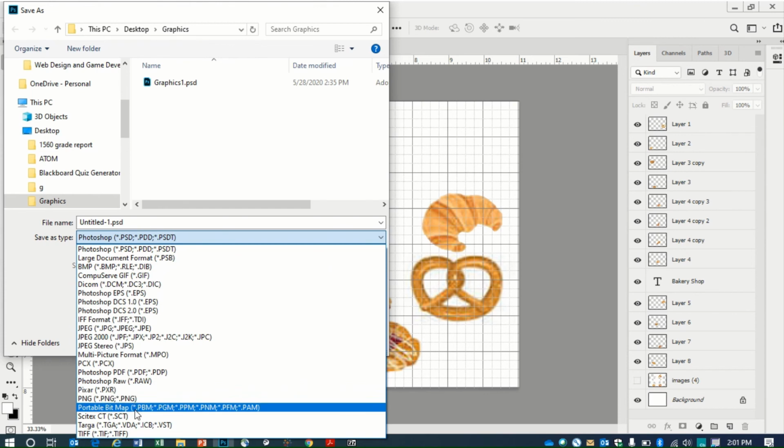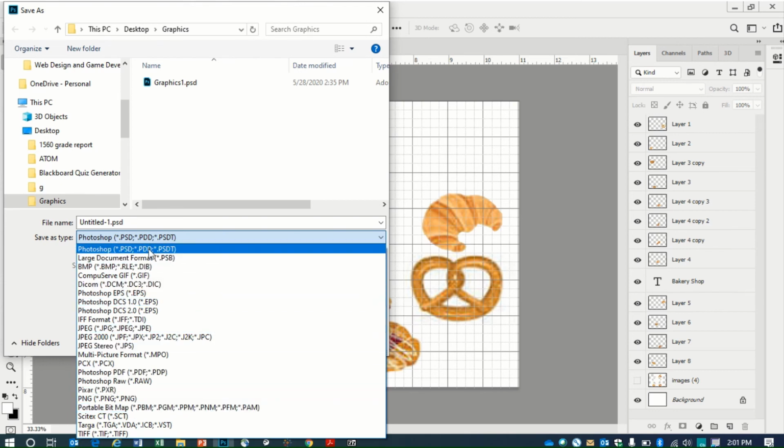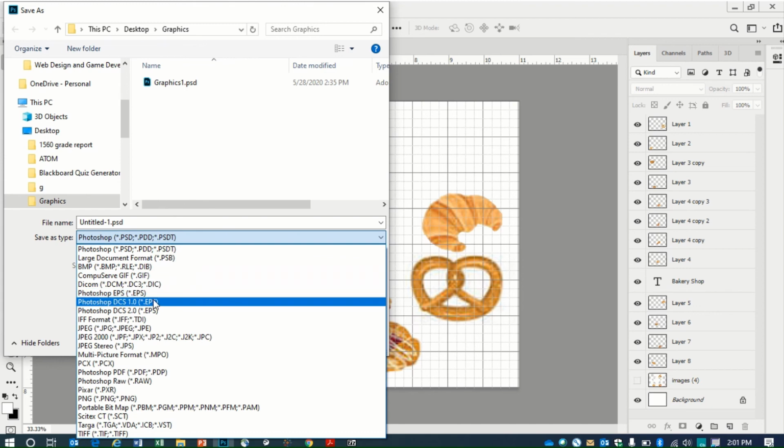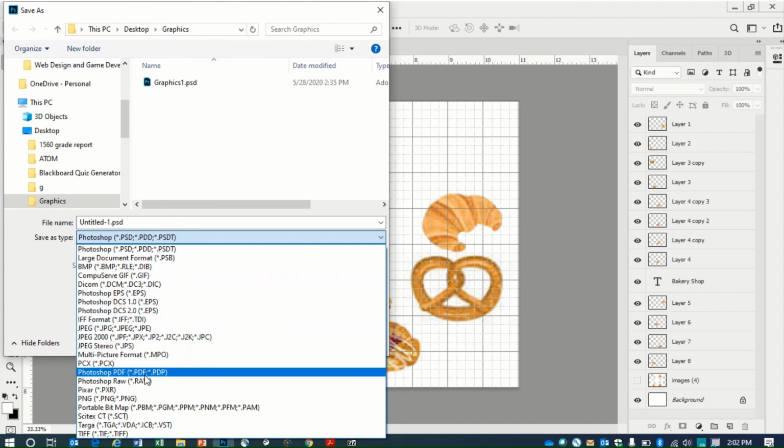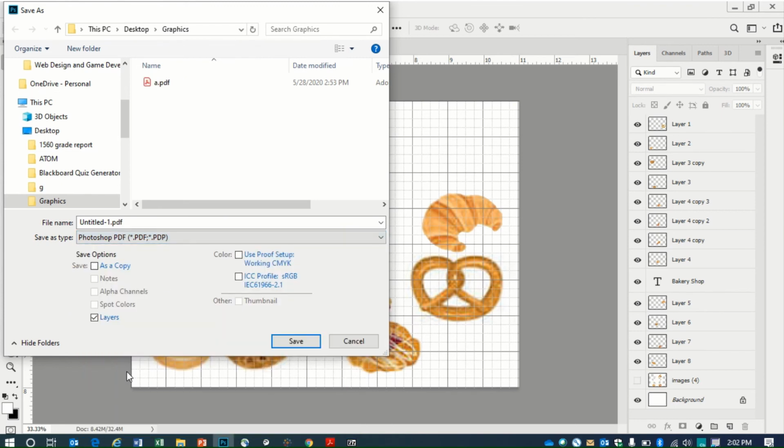Okay, it's here, portable bitmap. I think that's not the one I'm looking for. I'm looking for PDF, Photoshop. Okay, it's here, Photoshop PDF. Select that, type the name of the file. So I will type selection